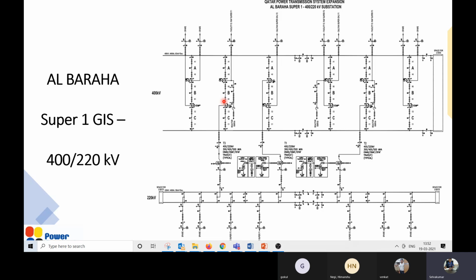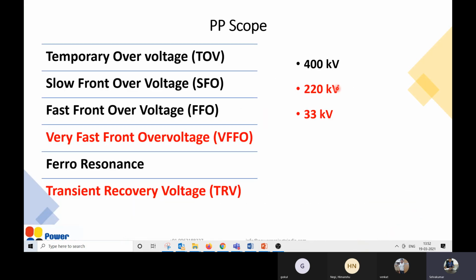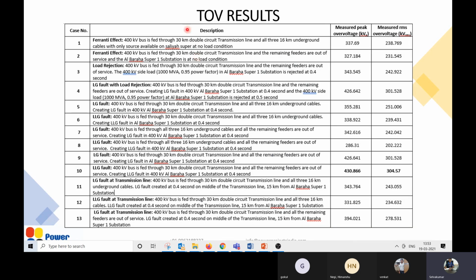So we see all of these in combination for different studies, and different elements for a different scope. We will go one by one. That's the approach we take: finish all the elements, perform all these cases.